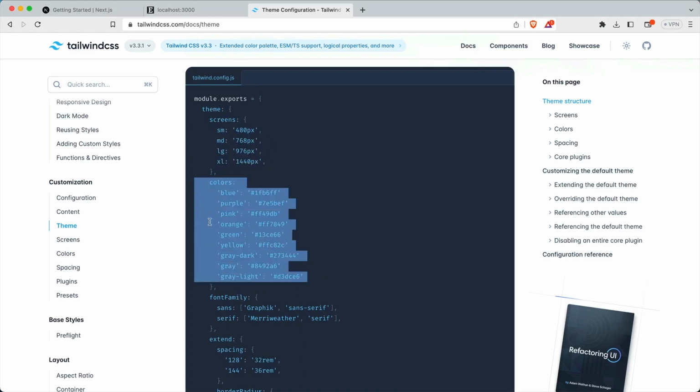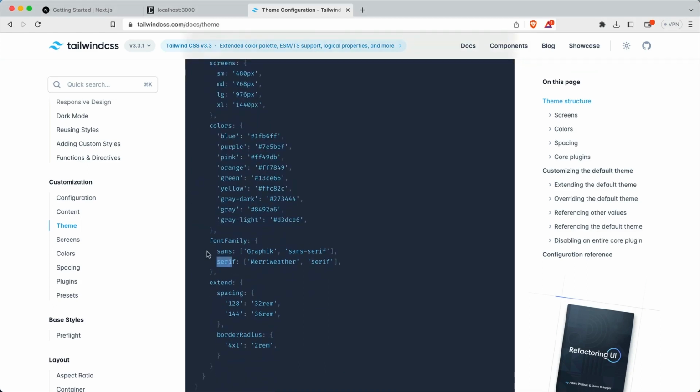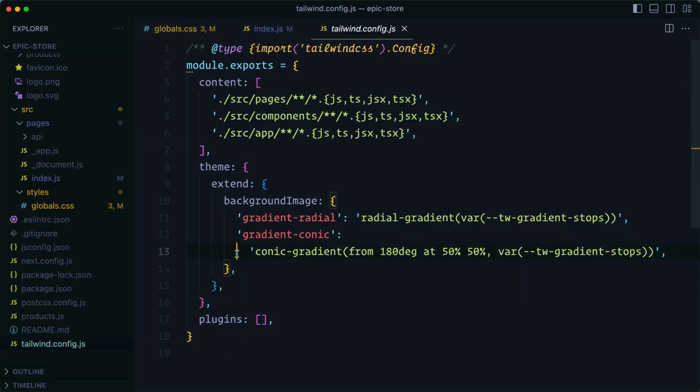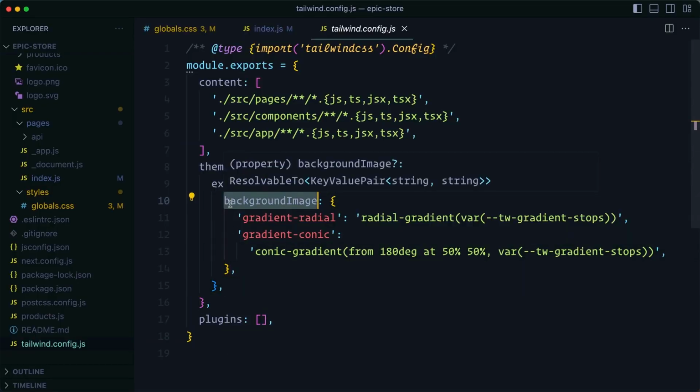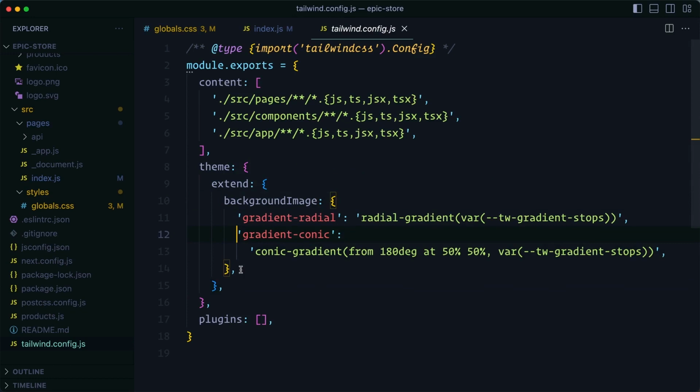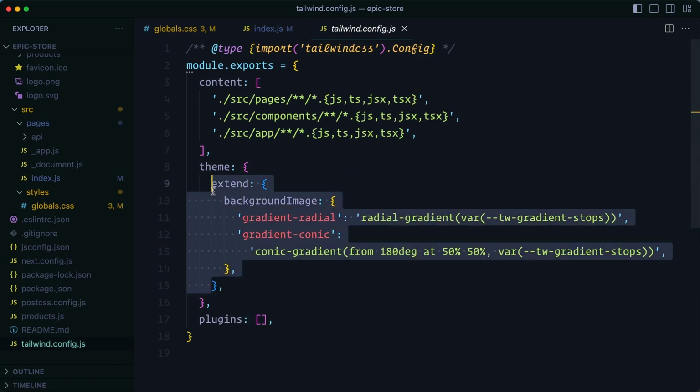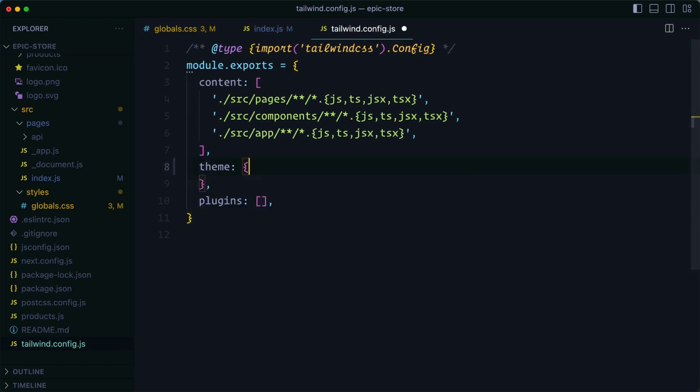You can add your own custom colors, change the font family, and apply a certain font, for example, using the font-sans class or the font-serif class. But we can also extend themes and add additional properties, and that's what the Next configuration is doing by default. So we can remove all of this. This is not required. So let's remove this extend object and just leave it like this. With that, we should have a totally unstyled